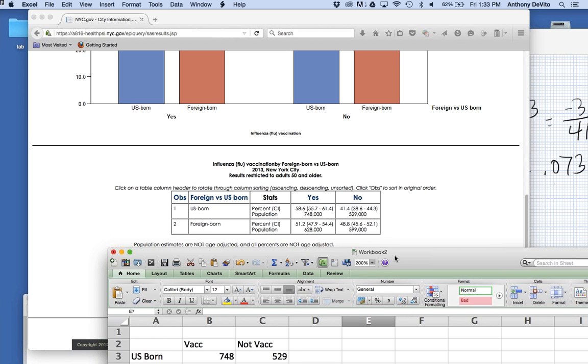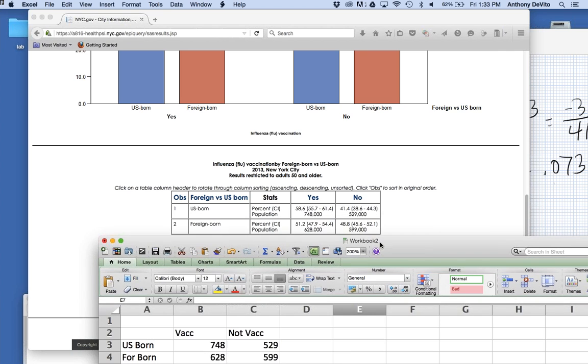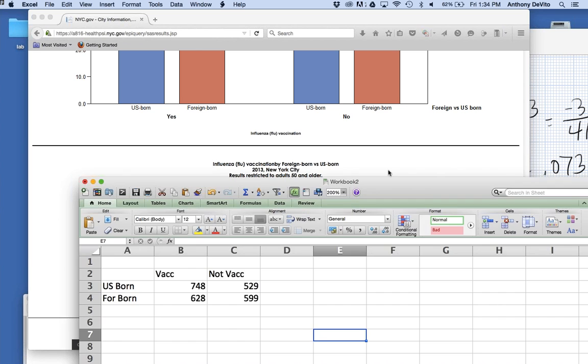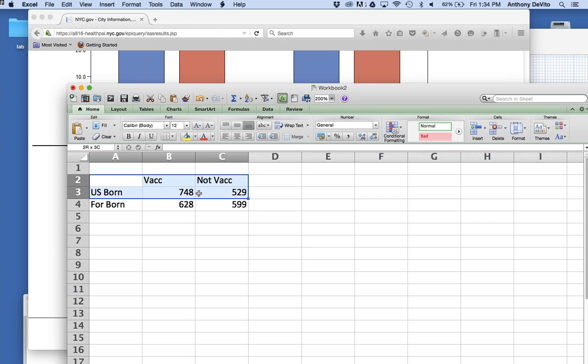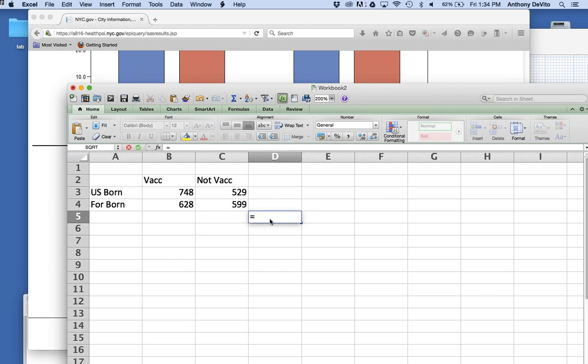Okay, so that's where I picked up those two numbers from. And again, these numbers I think are extrapolated from a smaller data set, but we'll figure that out later on. So right now I'm looking at a study where the total number of people that we studied was 2,504 people. Of those 2,504 people, okay, 1,200 were foreign born,